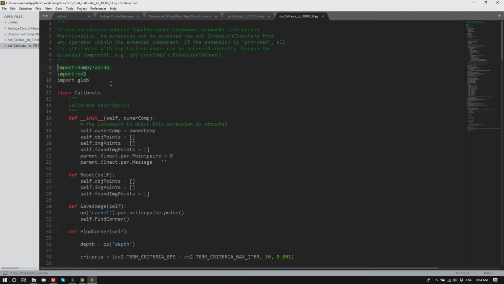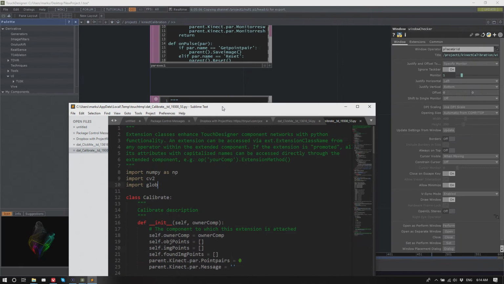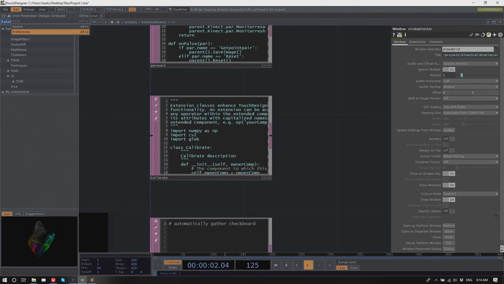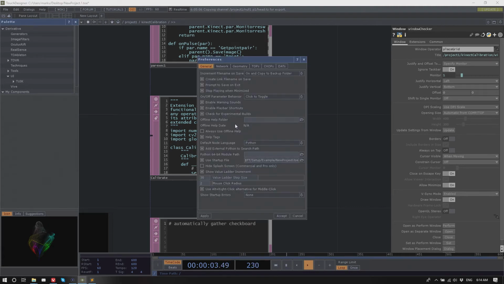We have included most of these things, or all of NumPy and CV2 is included in TouchDesigner, so you can just call them natively. You don't have to import them from external sources. If you need libraries that are not delivered with TouchDesigner, in the Preferences dialog, you can set a Python 64-bit module path. So you basically point to your local installation of Python where you installed other libraries, and it fetches those from there.